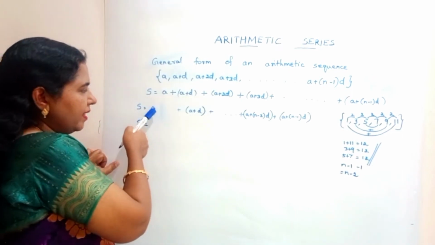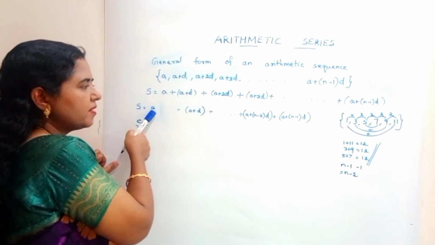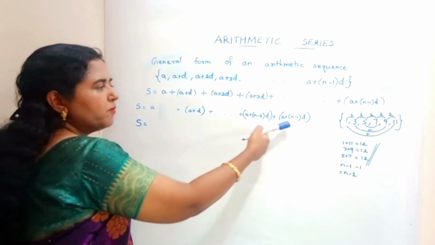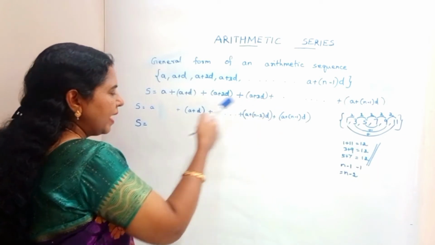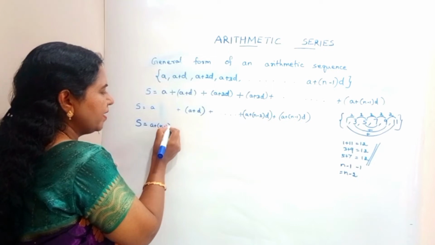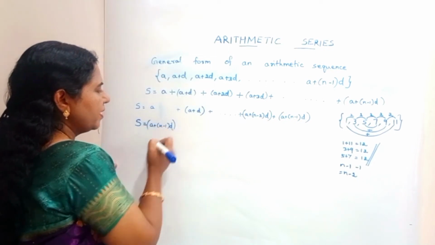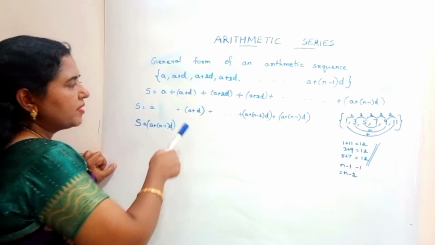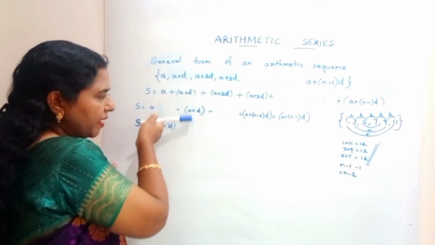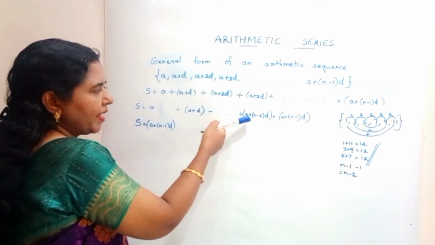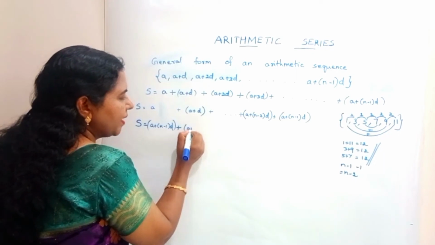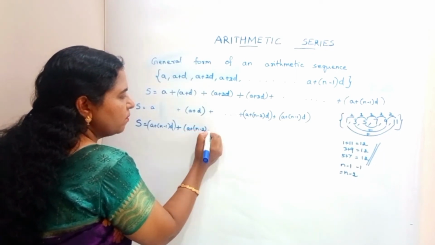So here it is a, this is the first term. So the first term should be added with the last term. So in order to bring out that addition, I am going to write down this last term at the beginning. So it becomes a plus n minus 1 into d. So here this is written first. Now the second term should be added with the last before term. So in order to bring out addition directly, I am going to write down this term below this again. So it becomes a plus n minus 2 into d.